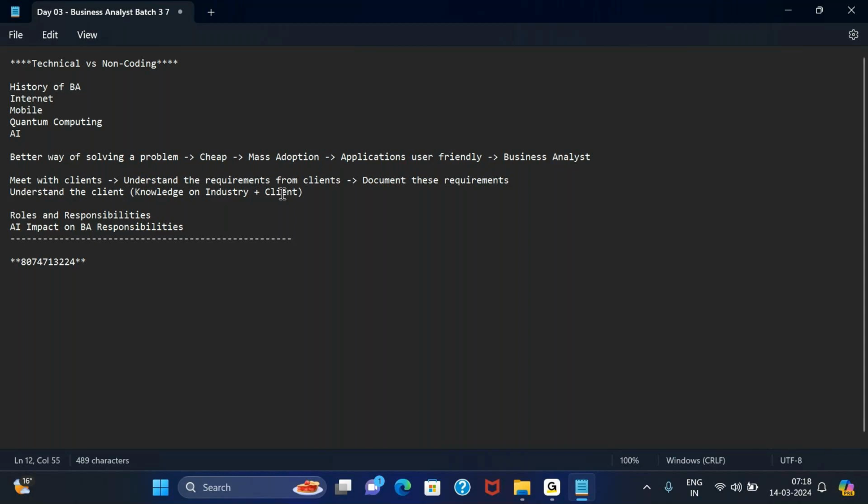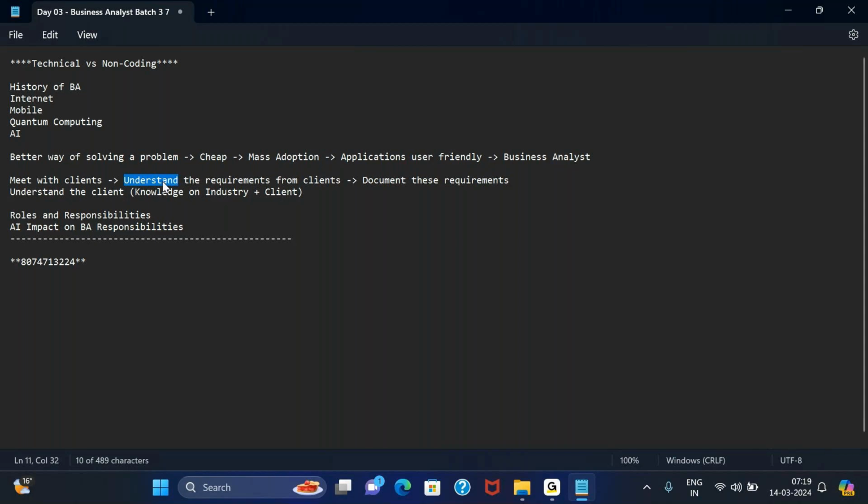Similarly, if you want to buy grocery items, you do a little bit of research on which product is better, and then decide which company or brand to opt for. That's the same concept we use here. Before we meet the client, we try to understand them by gathering knowledge about the industry and the client. This helps us drive meaningful conversations. When we go with this information, we can maintain a dialogue and build good relationships or rapport with the client.